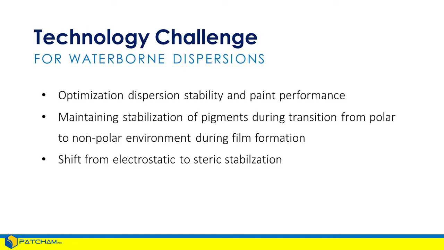So what makes waterborne so challenging? Well, because of the variability of the chemistries and the various pieces of equipment that are used in the paint industry, the optimization of the stability of the dispersion that we make and the paint's performance is very much dependent on the degree of dispersion. Some paint companies only use high-speed mixers, others use medium mills, and others use high-energy mills. So the amount of energy that you put into the system determines what final color you can achieve.